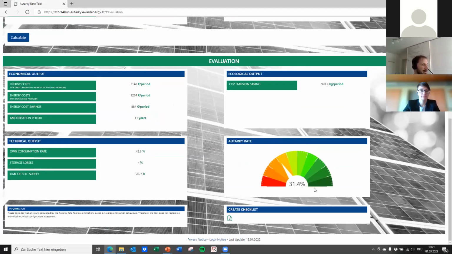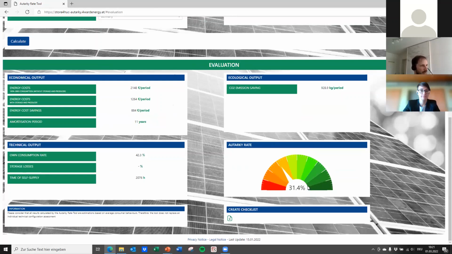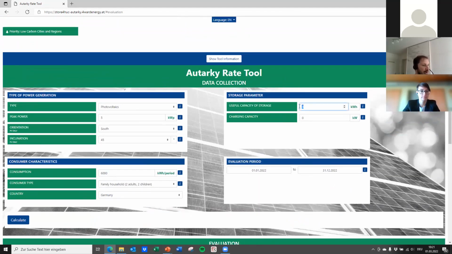And you will see that with this configuration, for example, we could reach an Autarky rate of 31%, an own consumption rate of 42%. You will see that we have energy cost saving of almost 900 euros, and then we would need 11 years to pay off the investment costs. Now we could